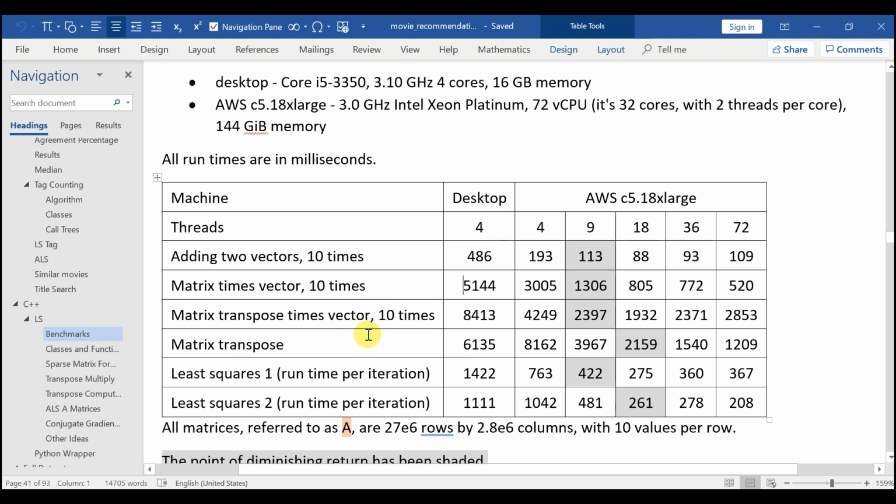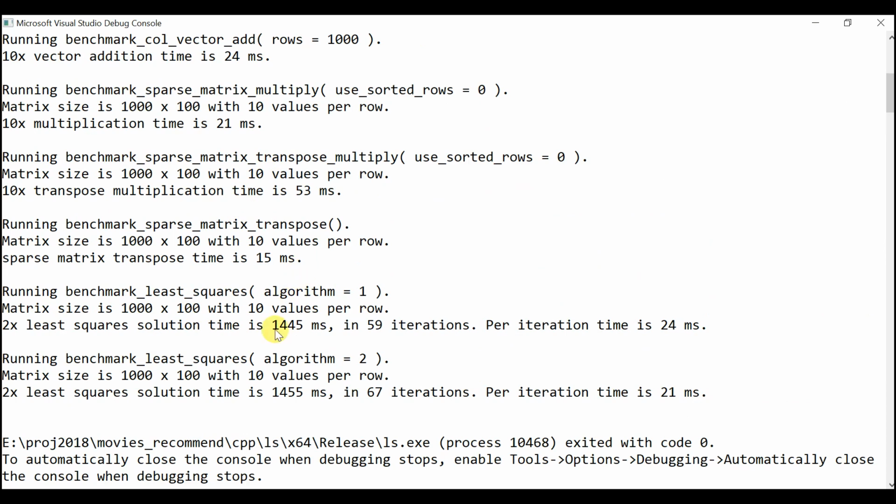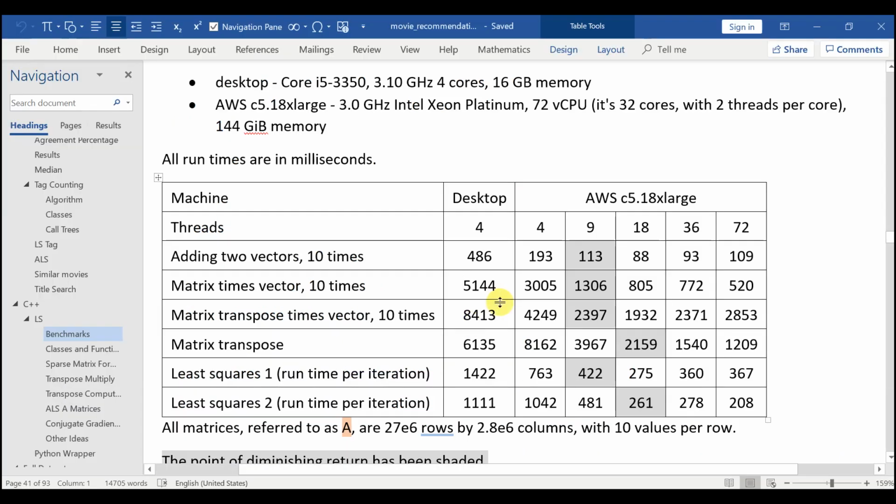algorithm. That's why over here, this is running the program benchmarks on a small matrix, just 1,000 by 100. If there are a sufficient number of iterations, algorithm 2, computing the transpose and then doing the multiply, is faster, but only if there's a sufficient number of iterations. So according to this benchmark, if it's only 10 multiplications, I think that's like 5 iterations, because each iteration you do 2 of those,